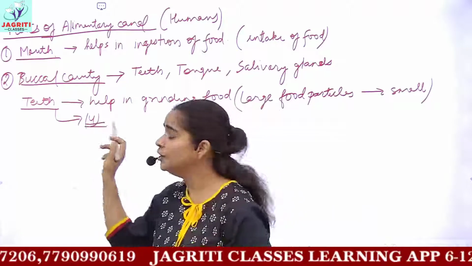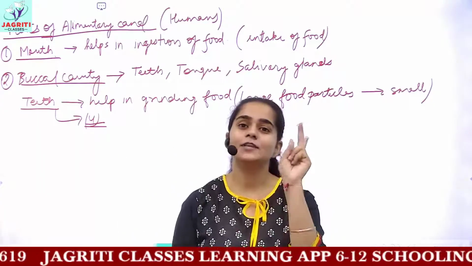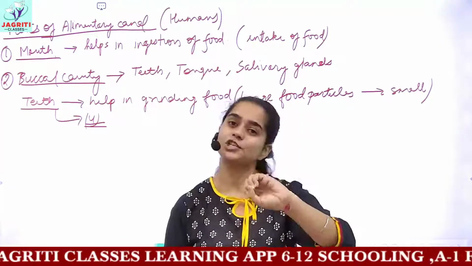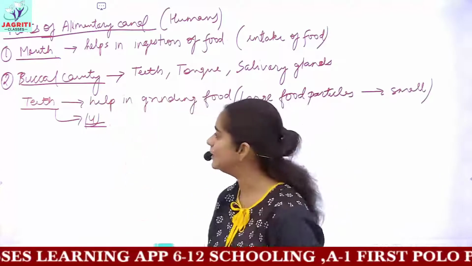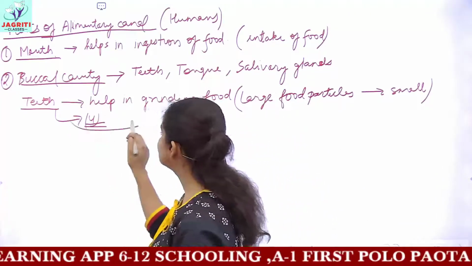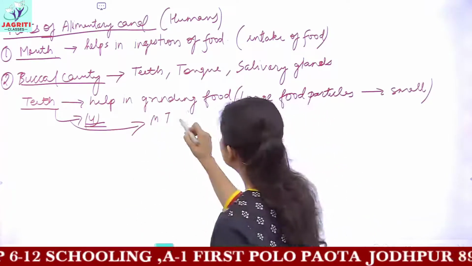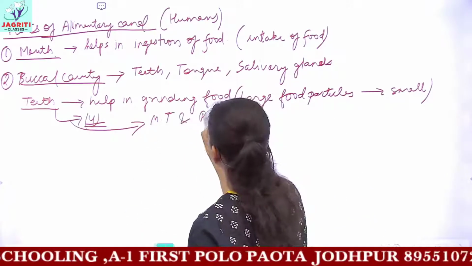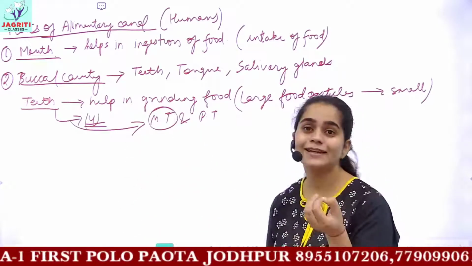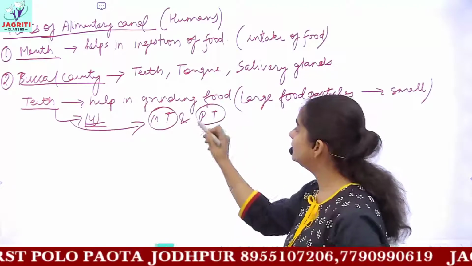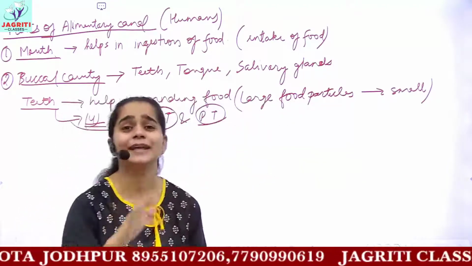This is not given in your books, but this is basic knowledge which I want you to have, that you have 4 kinds of teeth in an adult: incisors, canines, premolars, molars, and the function of every tooth you will study in your higher classes. So no need to get into detail. Then teeth can also be categorized into 2 different types, that is milk teeth which are present in babies, and then you have your permanent teeth. Milk teeth are also called temporary teeth because after a few months or years they break off, and then you get the teeth which are called permanent. And if these permanent teeth break off, then you do not get any new teeth.